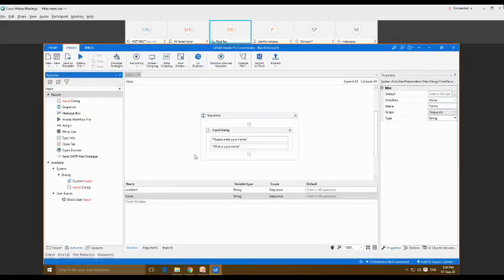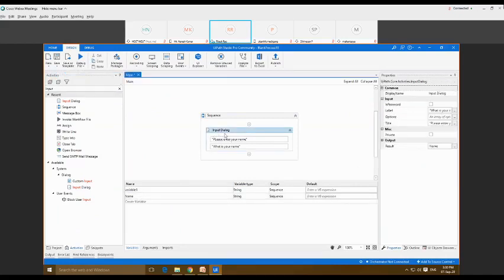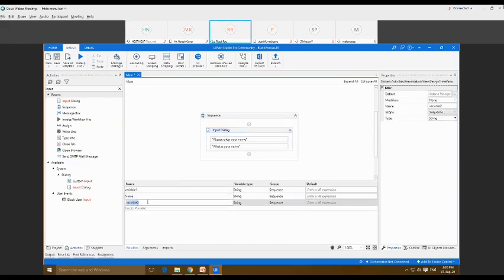Suppose that I have created a variable for this input dialog with the name. Let me create one more variable so that we can easily understand how we can delete. I'm going to create one more variable with the name first name.